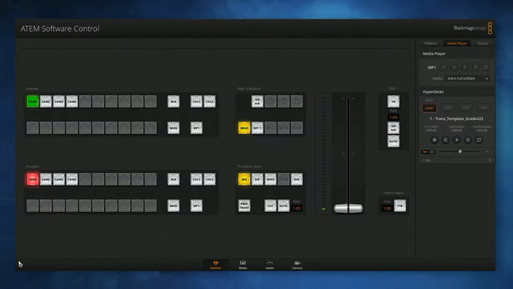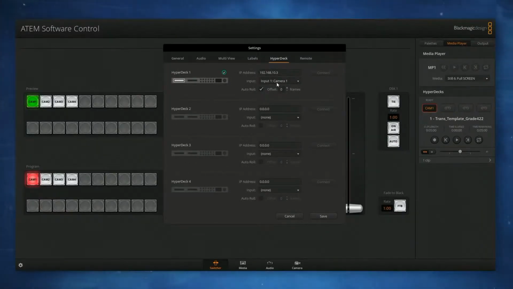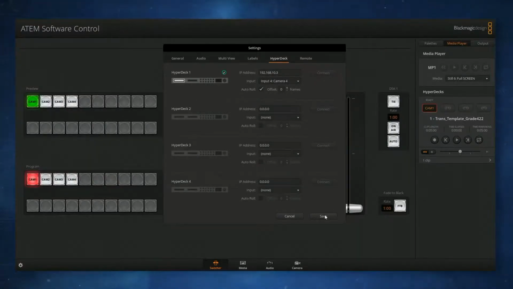So if I just go in the settings here and go to HyperDeck, I've actually linked it there. So I just say that my input HyperDeck is input number 4, and I'll press auto roll. The feature is what I want to show you. It's pretty neat. What I really like is that it will start playing the video at the exact moment